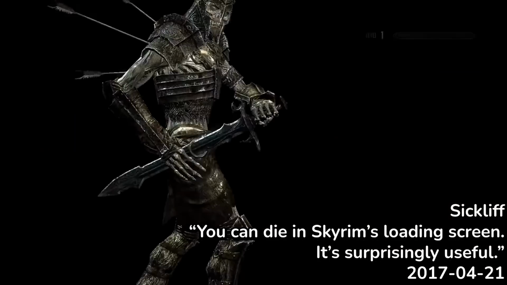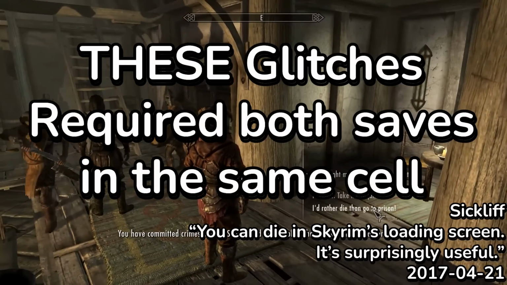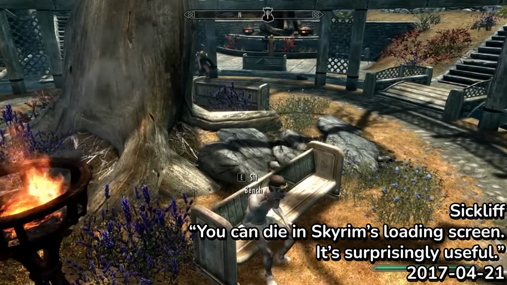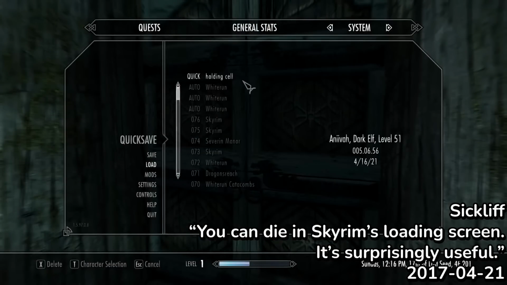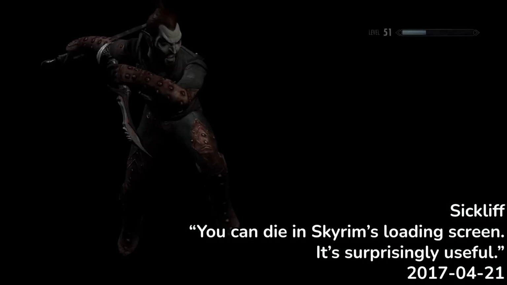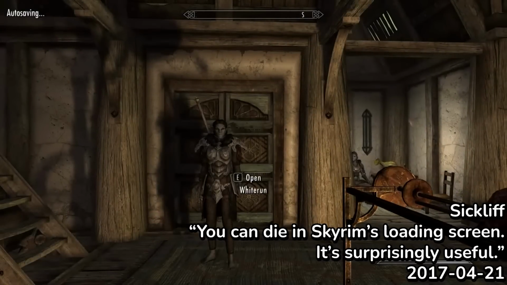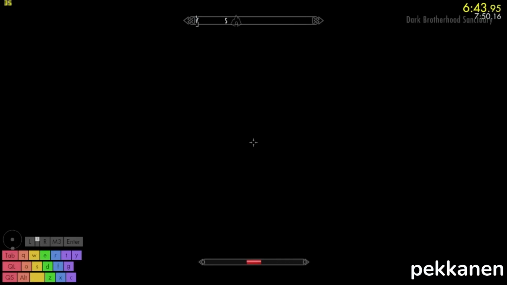These glitches were neat, but unfortunately had restricted functionality, requiring the two saves used for the dead load to be in the same cell or room on the map. However, there was one significant exception: doors. Contrary to other objects in the game, your other save has to be in a different cell than a door to remotely activate it with dead loading. Aside from that restriction, you could do it from anywhere, and could be used to activate a very powerful trick: